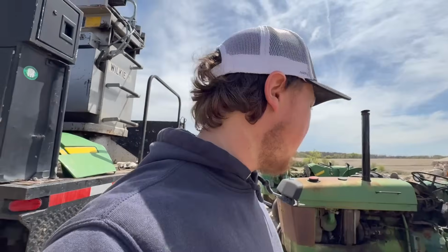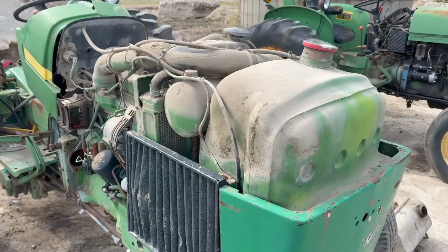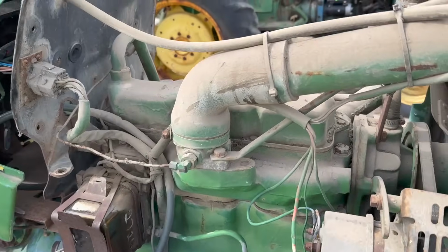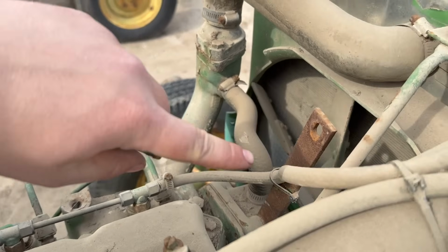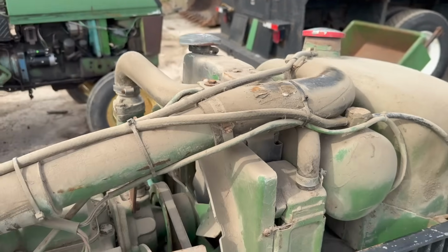Well, maybe it needs a clutch. Well, who needs a manual or anything when you just got 2 tractors? I was curious on where the fuel return line went on these things, and if you just follow over here, it goes right to about the filler neck. So